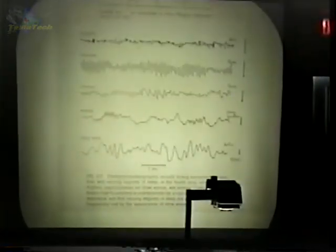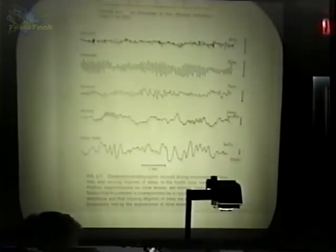And then you see the deep sleep delta waves get wider and wider. It's just kind of meandering along. Okay. So the idea here is to actually reduce what we had seen